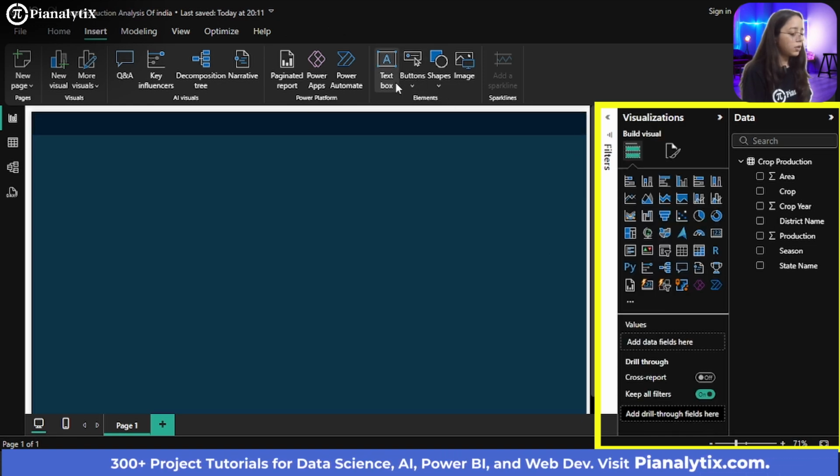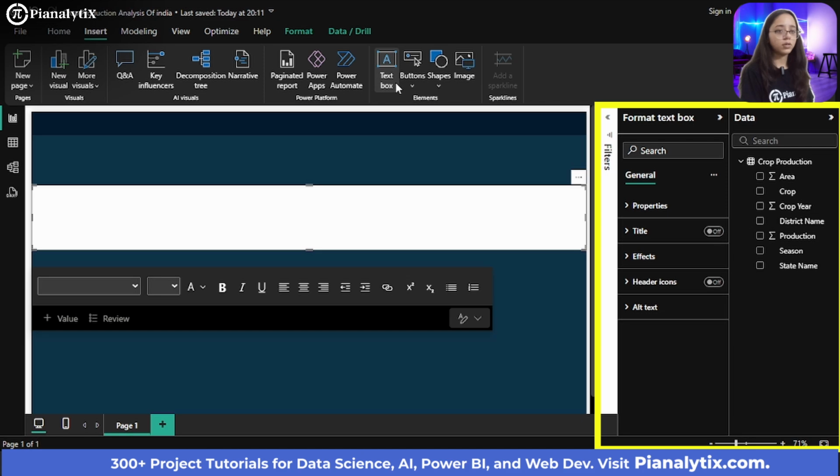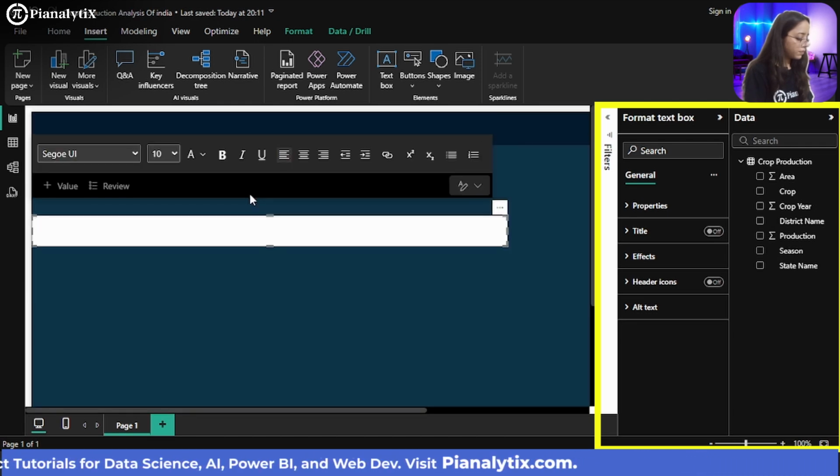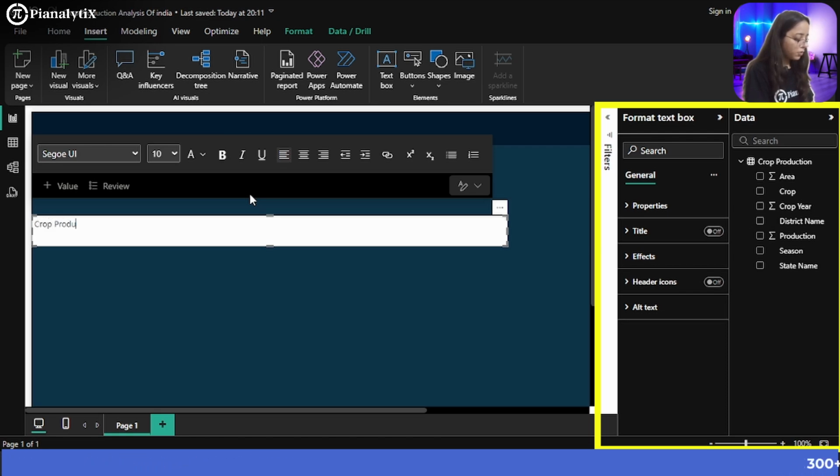And now you can insert a text box to show the title of the report or dashboard that we are creating. Let me just resize it. And I will write it as, let me just zoom in for you, Crop production analysis of India.